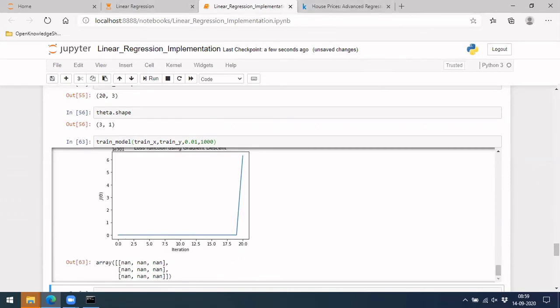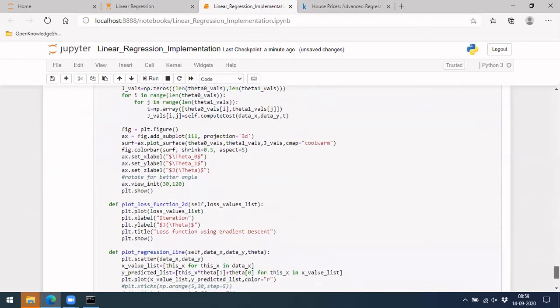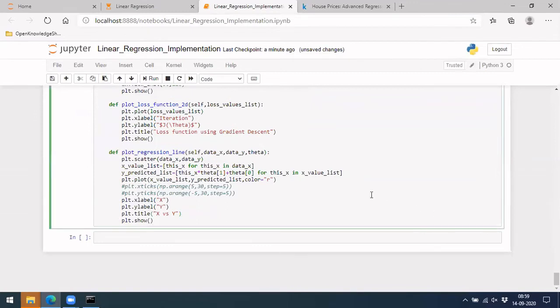So let's go with this code here, because this is only kept for theta naught and theta 1. But in our case, we have theta naught, theta 1 and theta 2 as well, so that may be an issue. While plotting, we did not find the red line, so that may be the reason.